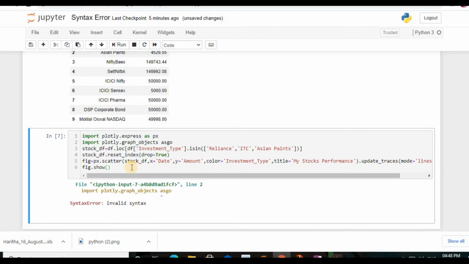To clear the syntax error, I have some steps. Let us follow those steps, and then we can clear the error very easily. First, identify which line of code is throwing the error. In which line is it showing the error? The second line: import plotly.graph_objects as go is showing an error. Python is very user friendly, because it shows not only in which line but also where your syntax error occurs. Here it is showing near as.